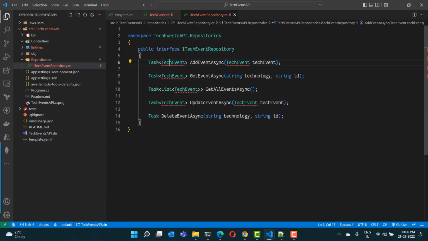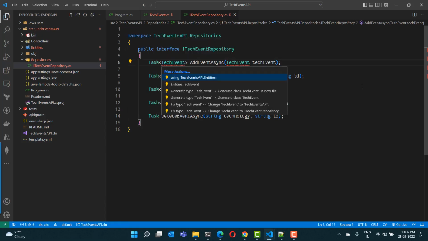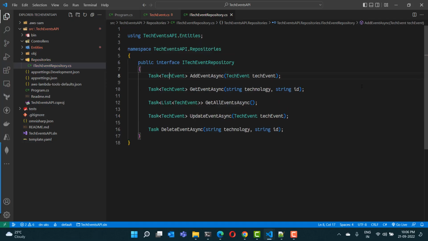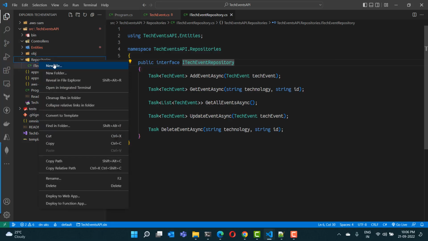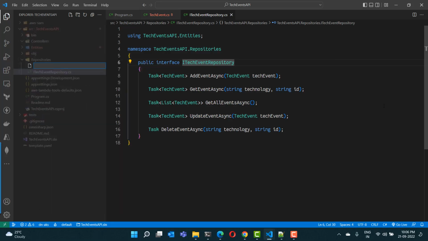So these methods are used for adding, updating, deleting, and reading this tech events table entities. Now we need to create a repository class which implements this particular interface. For that, I can create a new class inside the repositories folder,